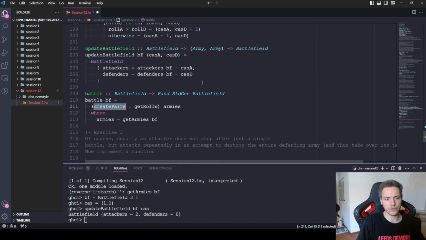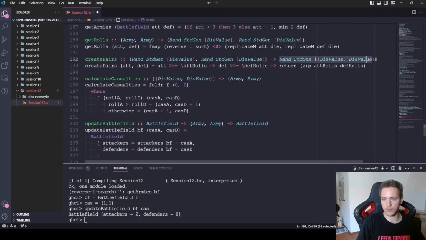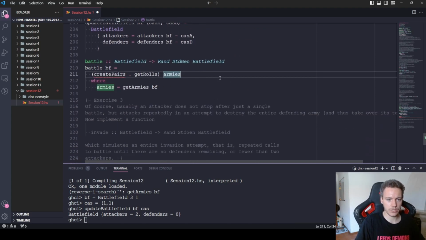Okay, so our result is finally going to be the result of create pairs, which is a monadic value. So now we want to use the value of a list of die value pairs in the calculate casualties function. So we have to somehow unwrap. We know that we can use the bind operator for that. So whatever the result of this function application is, it's a monadic value, so we bind it to our